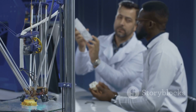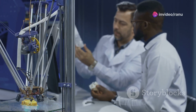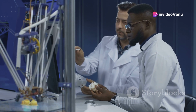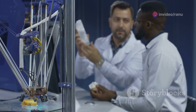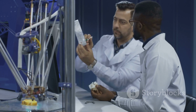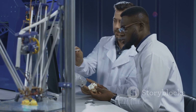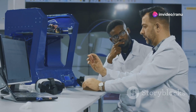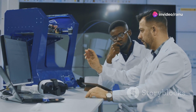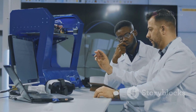Perhaps the most exciting application of three-dimensional printing in medicine is the creation of bioprinted organs and tissues. Researchers are now able to print functional tissues such as skin, cartilage, and bone, using bioinks composed of living cells and biomaterials. These three-dimensional printed tissues hold immense potential for regenerative medicine, offering hope for patients suffering from organ failure